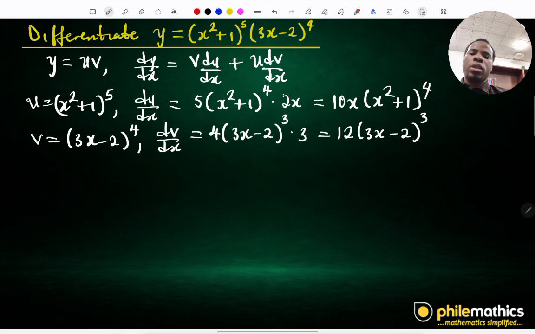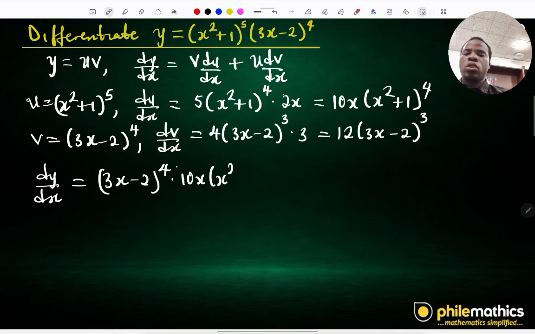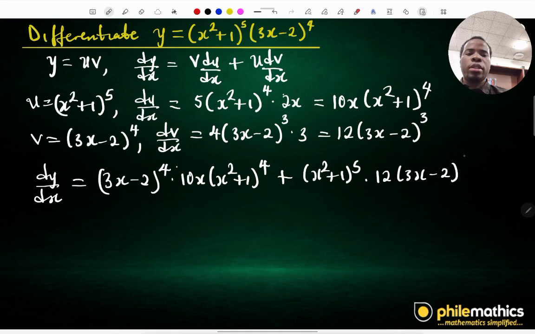Now let's use the formula. So the dy/dx we are asked to look for is v du/dx, our v is (3x minus 2) to the power 4, times 10x(x squared plus 1) to the power 4, plus u. u gives us (x squared plus 1) to the power 5 multiplied by dv/dx, which gives us 12(3x minus 2) to the power 3. And so what we want to do is